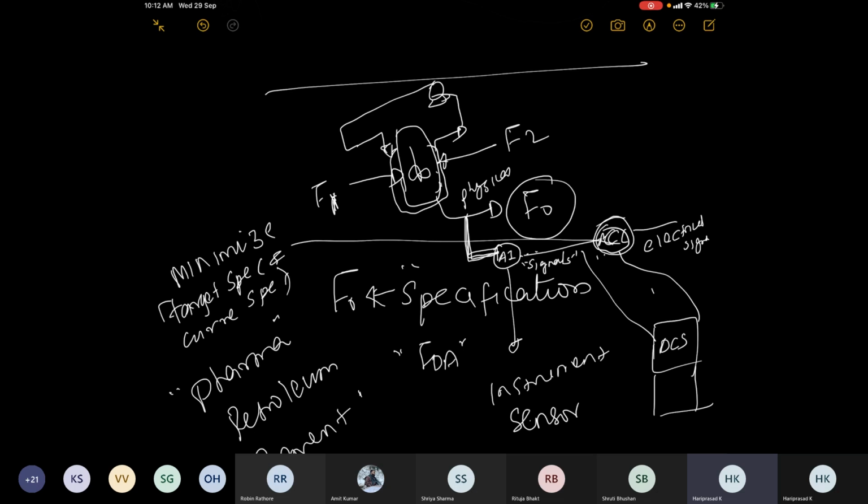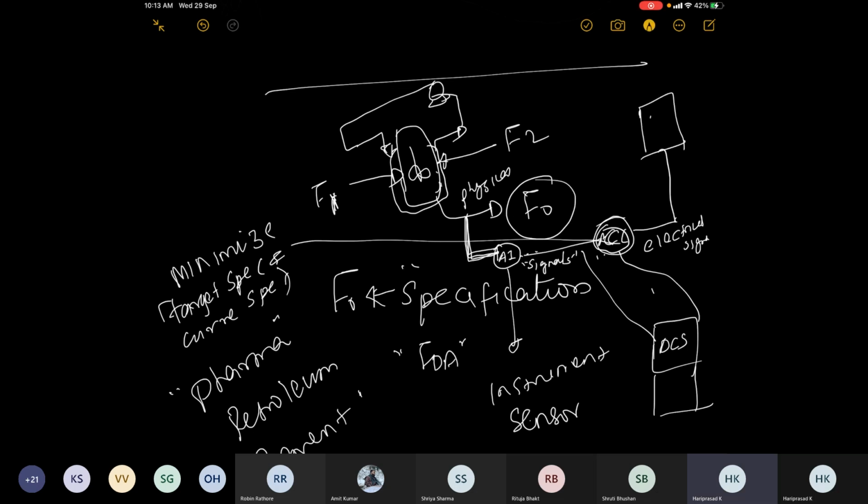You do all manipulation. If the signal is high, for instance, you need to have a reduced voltage. They might put a resistance to drop the voltage, or you decrease the resistance so that the current flow is high. So that hardware part is done. Then this electrical signal would go to